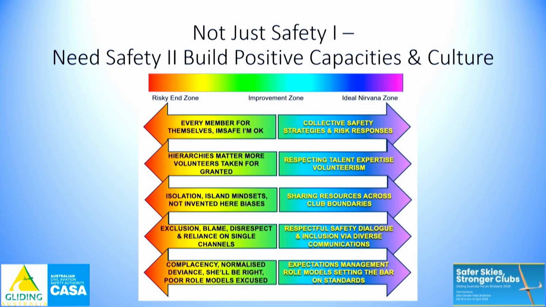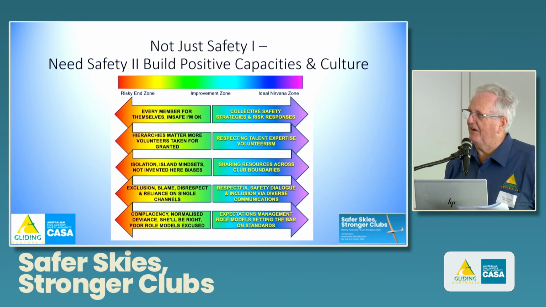So, those are the nasty things I'd like to focus on, but we also, and this gets back to the things that Sid and other luminaries have been advocating for a long period, can't just focus on the errors and what goes wrong. We've got to also focus on building the positive capacities within ourselves and within our clubs and our overall organisation that gives us the higher capacities to do the right things for a positive environment. That positive culture that Jeff was talking about.